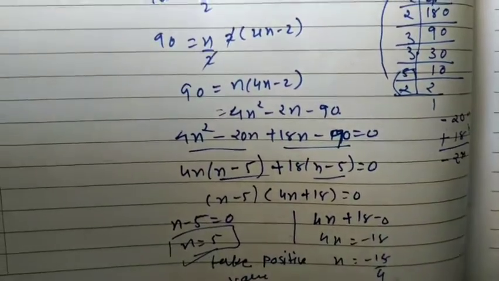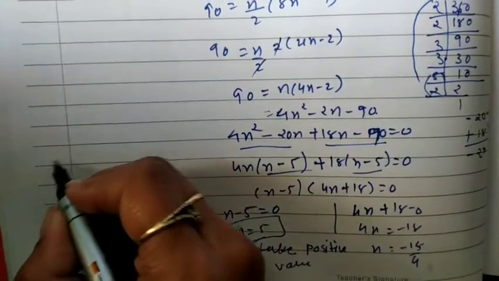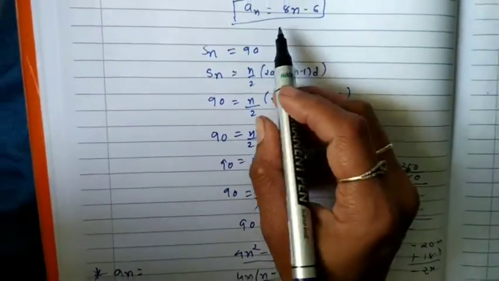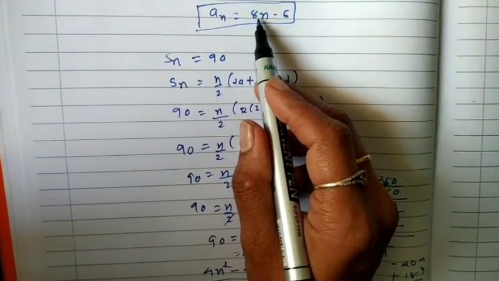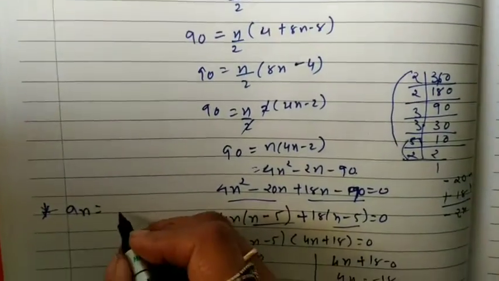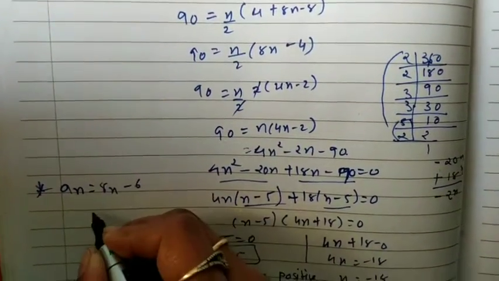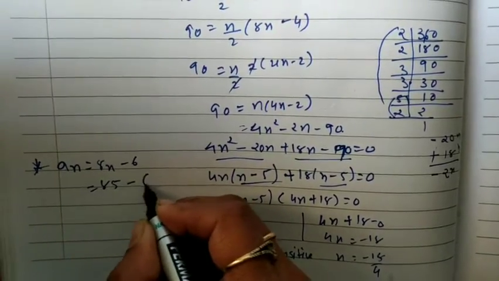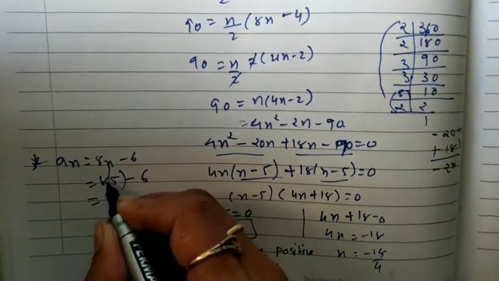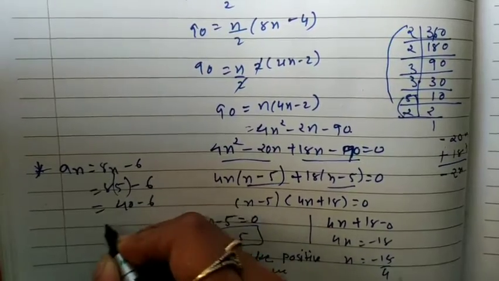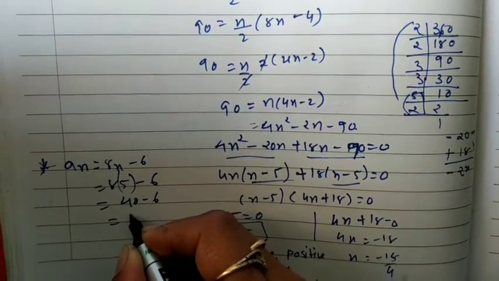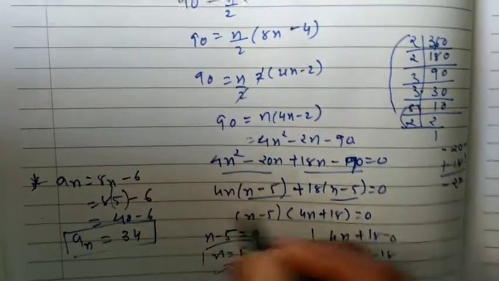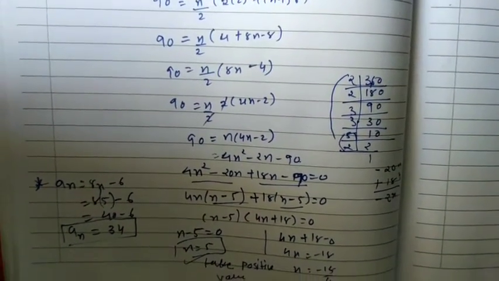So we got n as 5. Our second question was that we have to find an. So for an I had kept a ready-made equation. So I made it: an is equal to 8n minus 6. So here we will write the same, 8n minus 6. Now in place of n I will just keep this 5 and that minus 6. So it is multiplication: 8 5s are 40 minus 6. So I will get 34. So that is the answer of an. I hope this concept is understood by you.